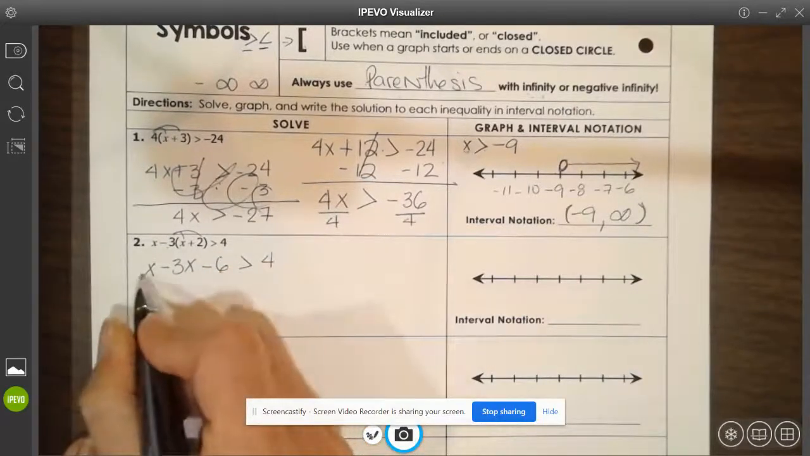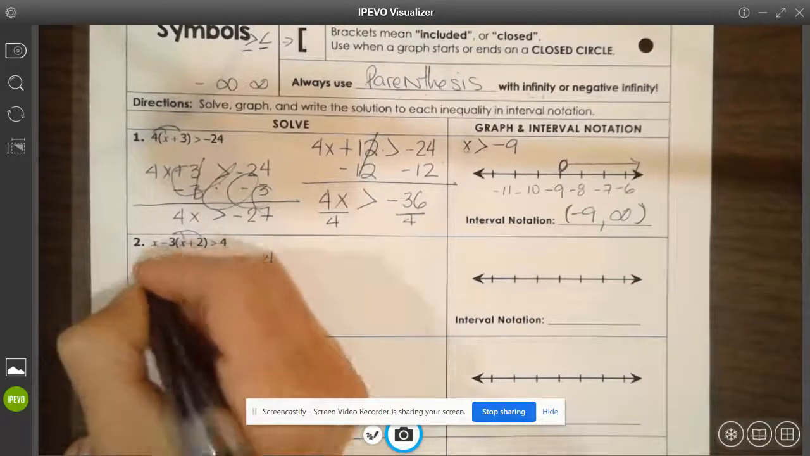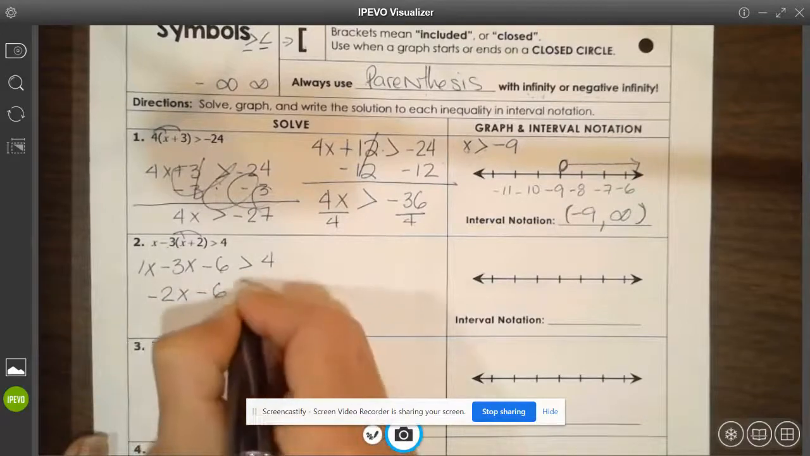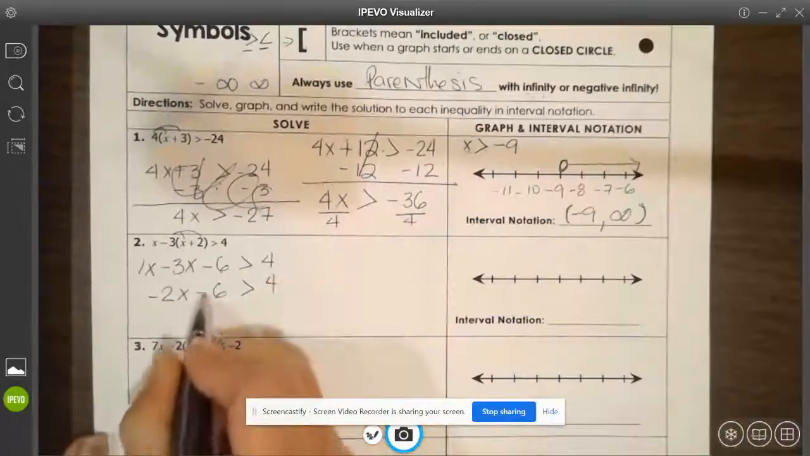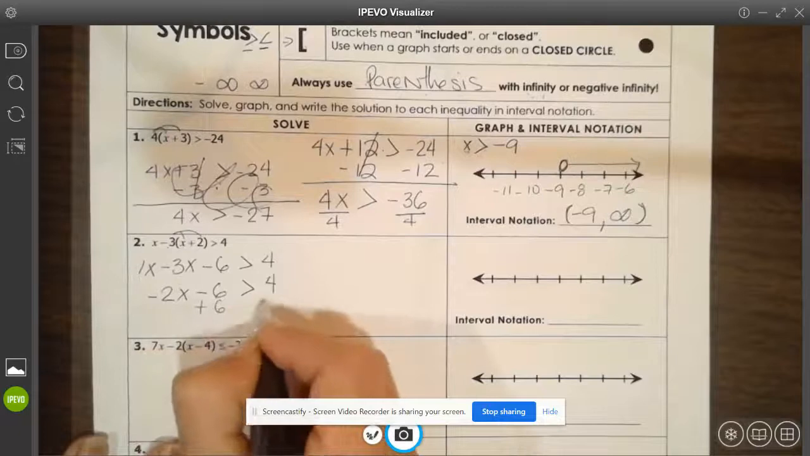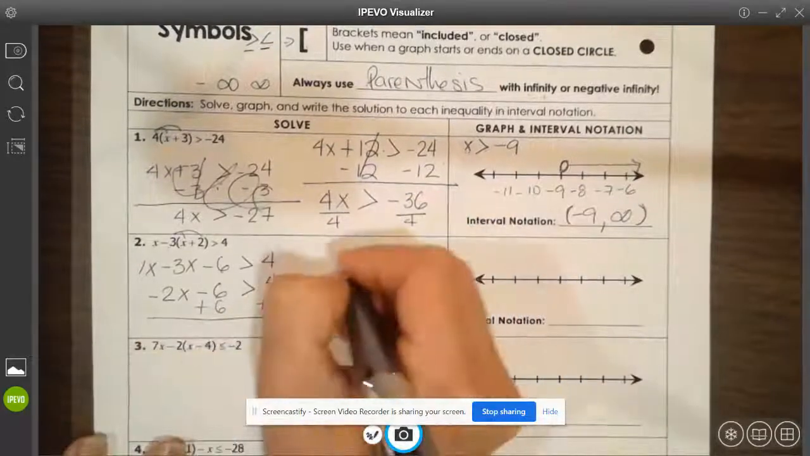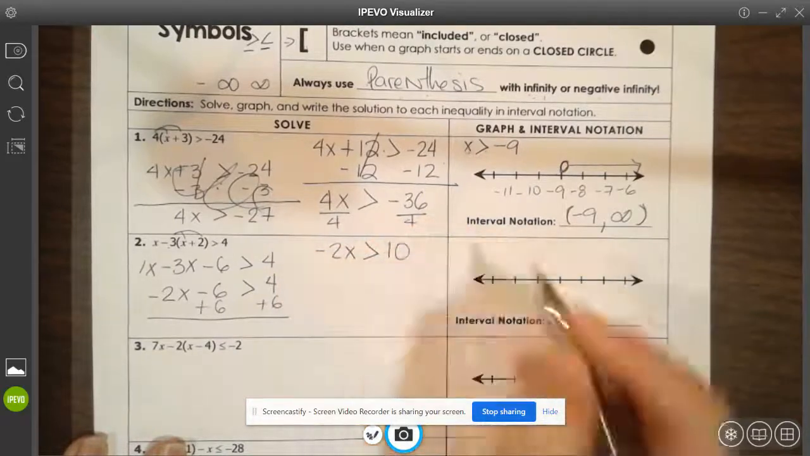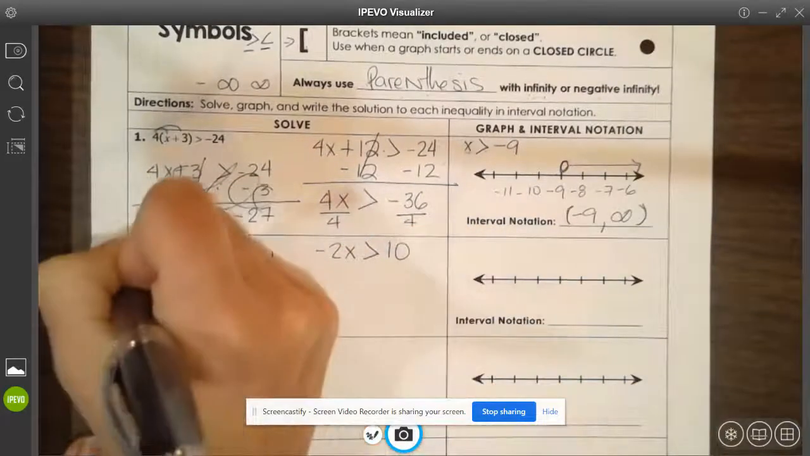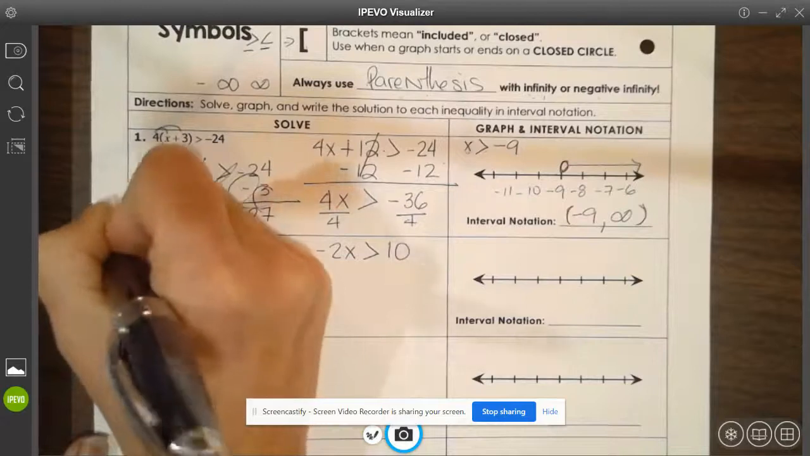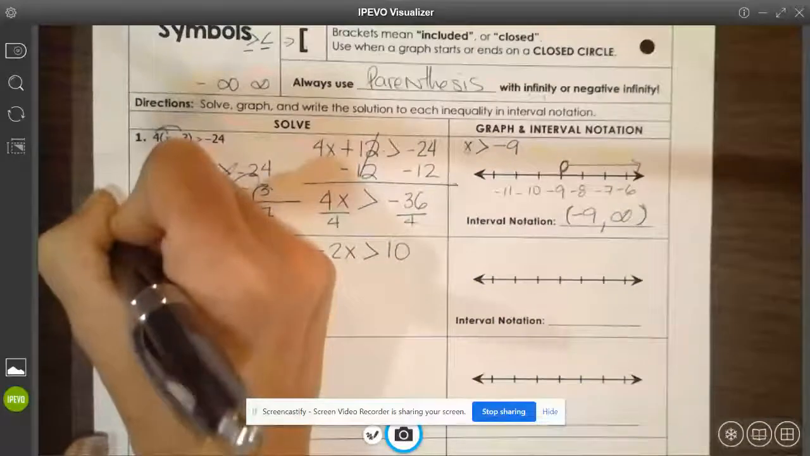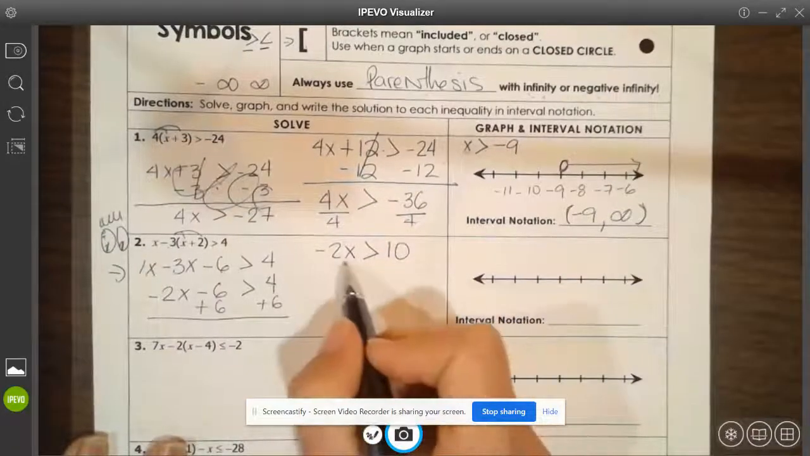We combine like terms, that's 1 minus 3, right? 1 minus 3 is negative 2x minus 6 greater than 4, and then I add 6 on both sides, and then I have negative 2x is greater than 10. Now, important here, watch for this. I'm going to put 2 eyes here